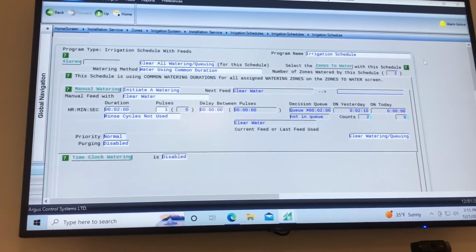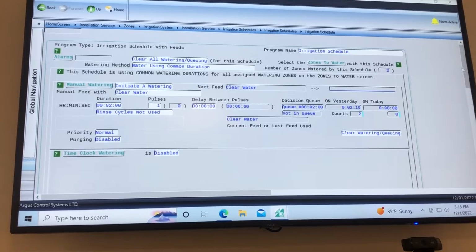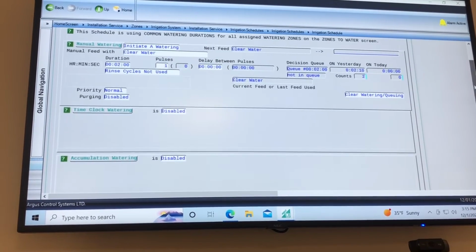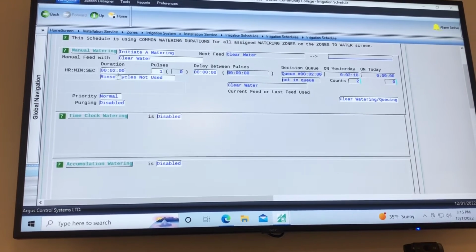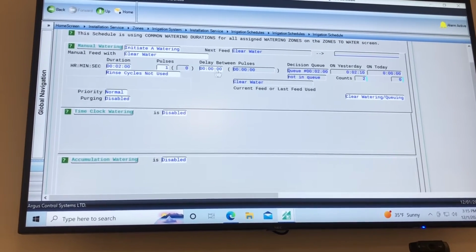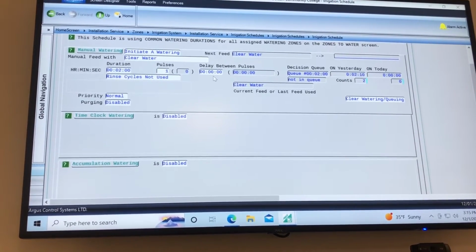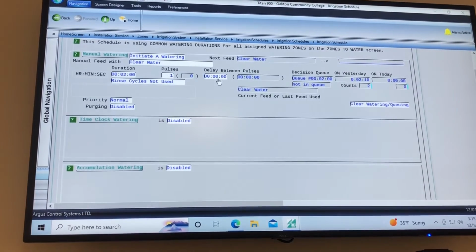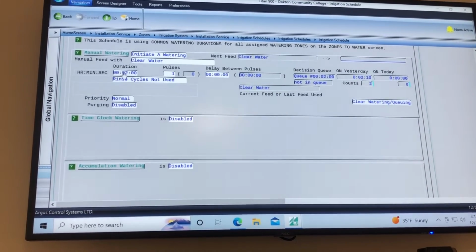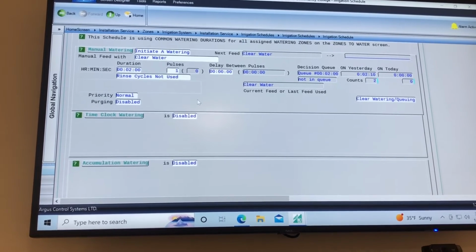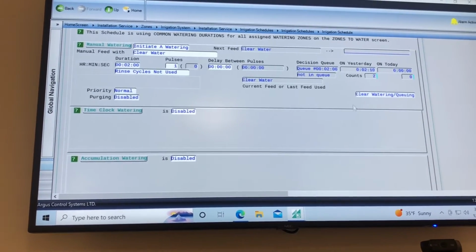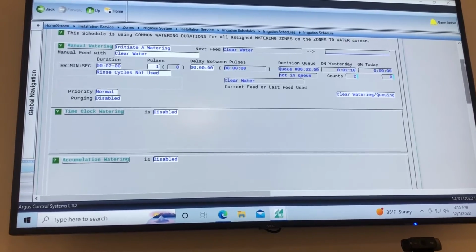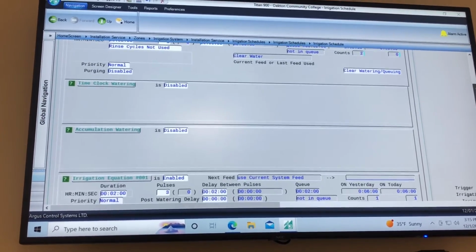So manual watering options there, just duration, pulses. When they say pulse here, it'll say like 2 minutes of water will go through for one pulse. And if I added, let's say, a 1 minute delay, it will stop the water. After 2 minutes of watering, it'll stop for 1 minute and then add a second pulse of 2 minutes. And that's just a good tool to use so you're not just flooding your plants. You give them a little time to absorb that water before